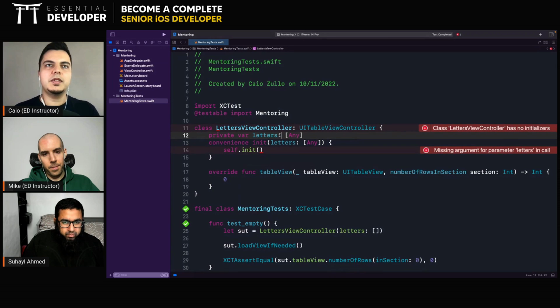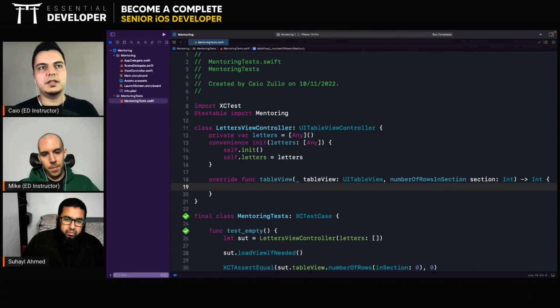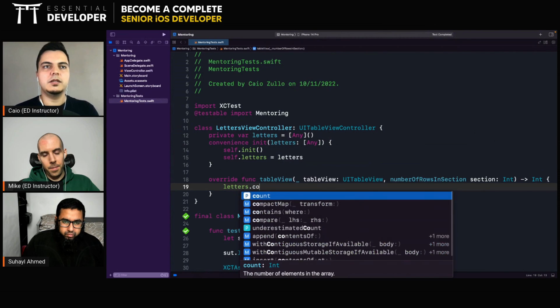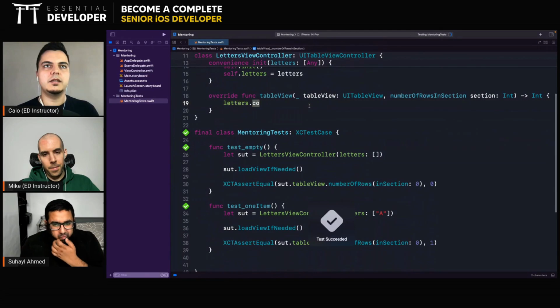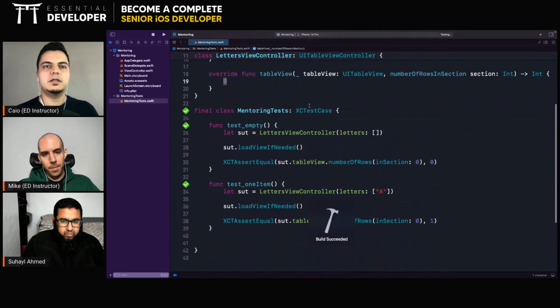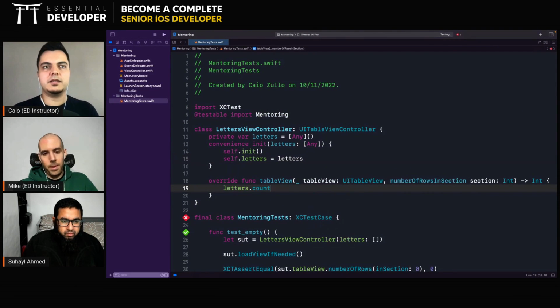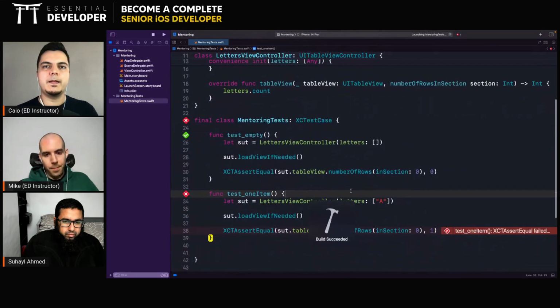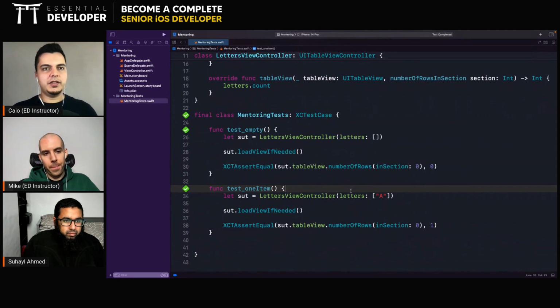It starts as empty, let's say. And then you can say letters dot count. But again, for that, you can see a failing test. Make it pass. And so on. Right? The test-driven implementation of the data source.